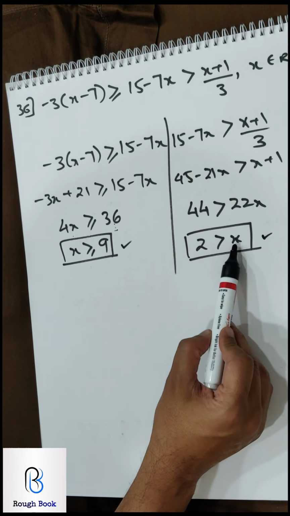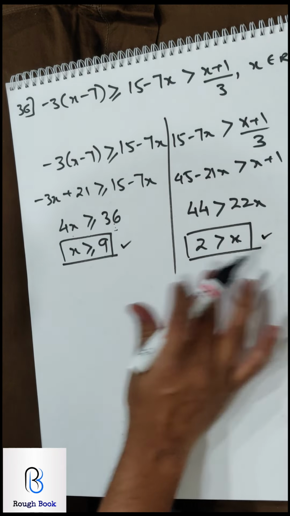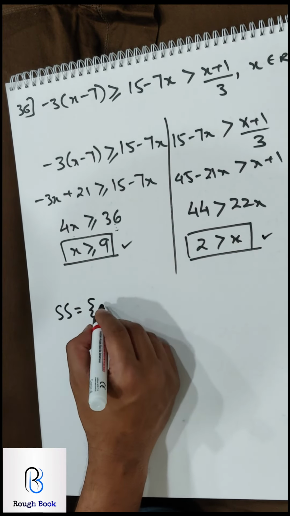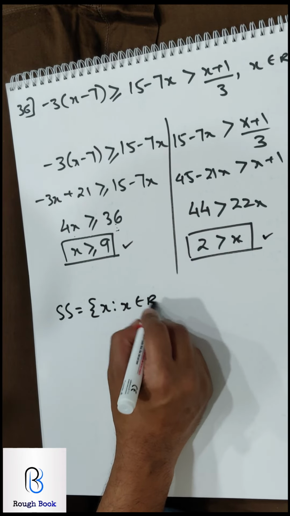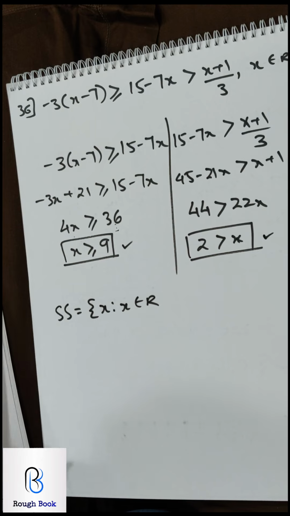Here they say x is smaller than 2. Here they are saying x is bigger than or equal to 9. So that's the range provided to us. So how are we going to write the solution set is what we need to understand where x belongs to R. Let me just check if I am doing it right once again before I proceed and finalize the sum. Let's recheck once again because I doubt if I am doing this correct.